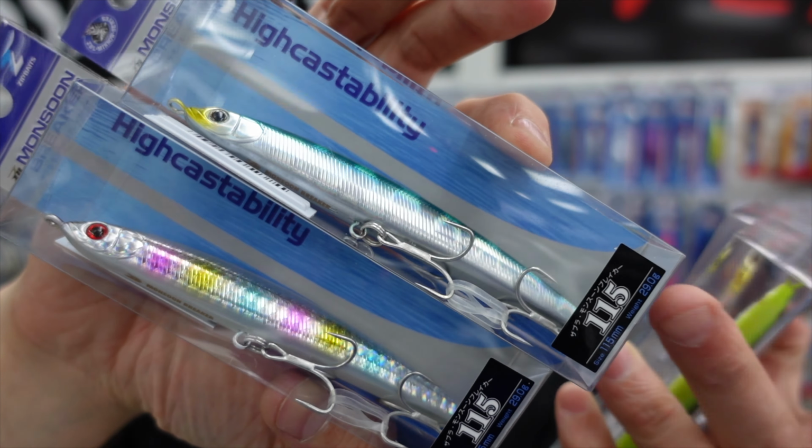But we've also had a heap of new Nomad ones come in, and some of the Nomad ones look really good. If you watch any of my vids, I always wear this one blue, I think it's called a Wayfarer Nomad shirt, and I've got one here, I'll show you. I always wear one of these, and it's one of the best shirts that I've worn fishing. They're super comfortable, it's lightweight, you don't get hot in them. But they've just released